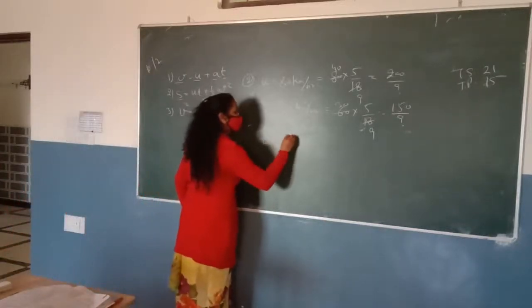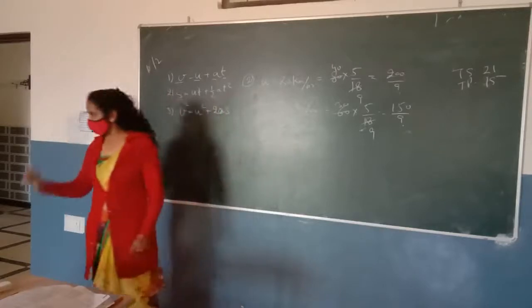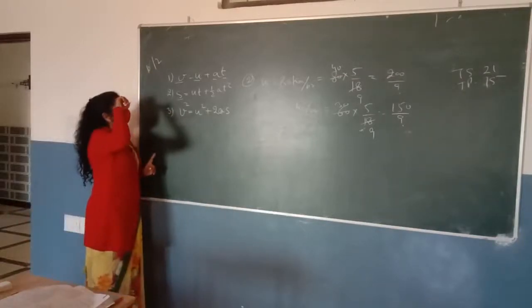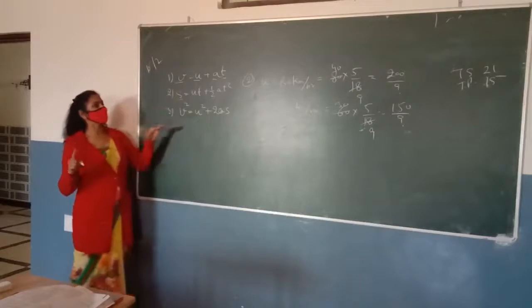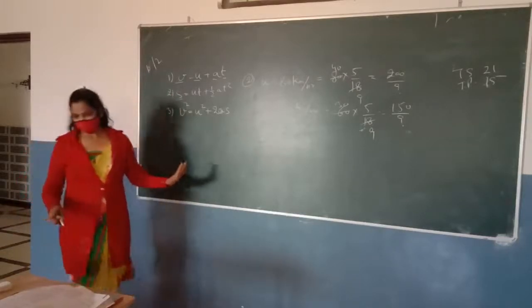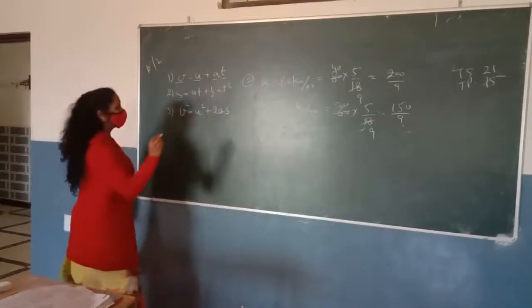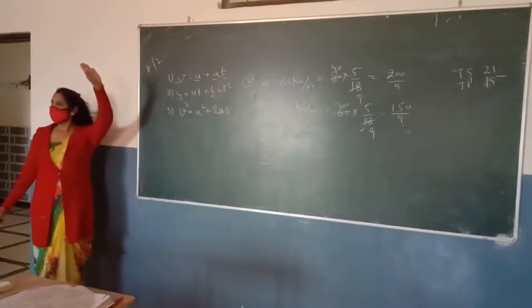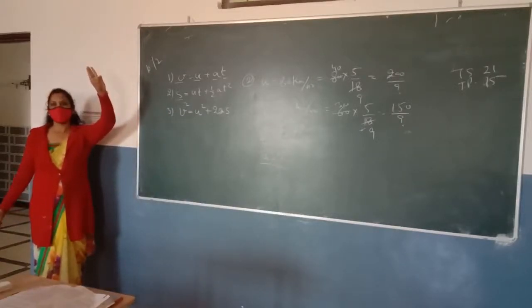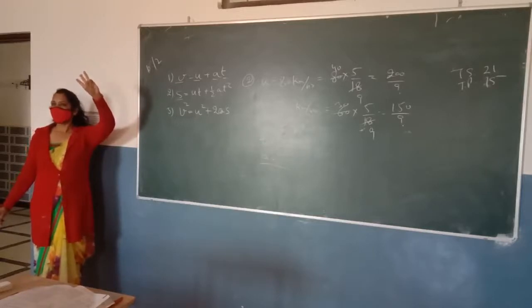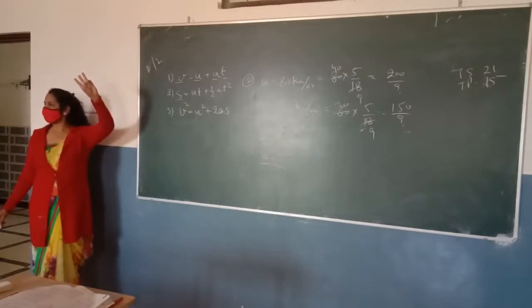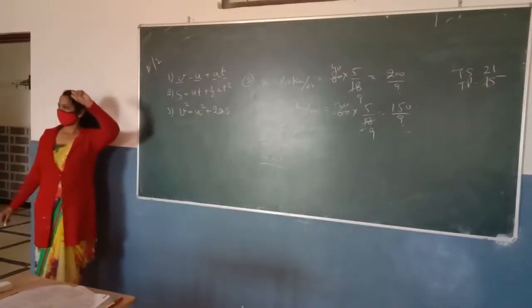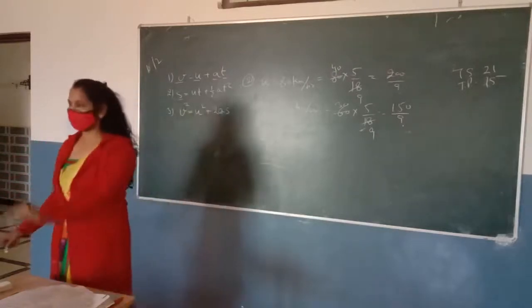So first, what should you do? You should write the information which is given in the question. Now you have to find out which equation of motion is appropriate for us. Suppose in this question you have to find acceleration. So now you should know which equation of motion we can use to find the acceleration. Anyone? Which equation of motion can we use? Only 3 hands are there for answering. Why? Not all the students are answering these questions. We have revised this chapter 2 times. Okay. Anirudh. Ankit. Yes, Ankit.